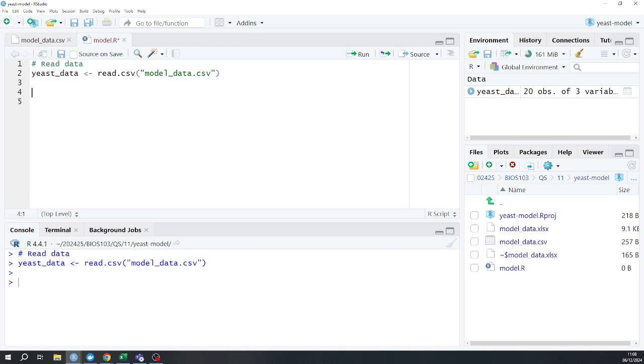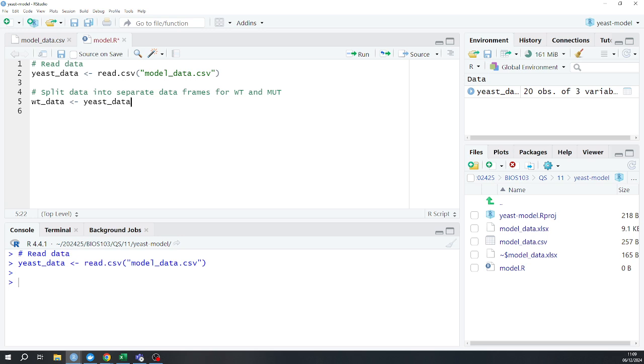The next thing I want to do, and this is slightly different from the book, is split the data into separate data frames for the wild type and mutant, which I'm going to refer to from here on in as mut, M-U-T. So I'm now going to create 2 separate data frames by subsetting my original yeast data. I'm going to call these WT data, that's the wild type data, and I'm going to take my yeast data,